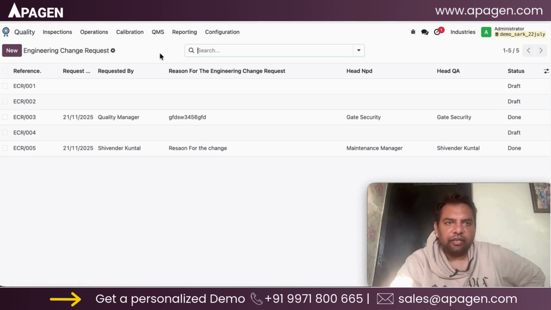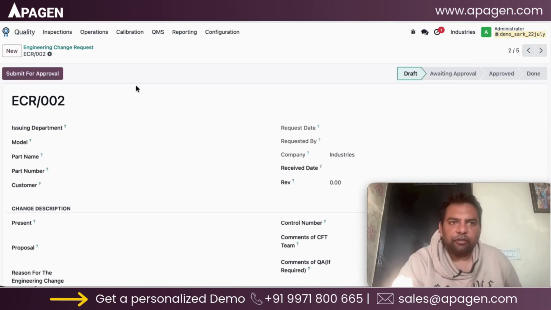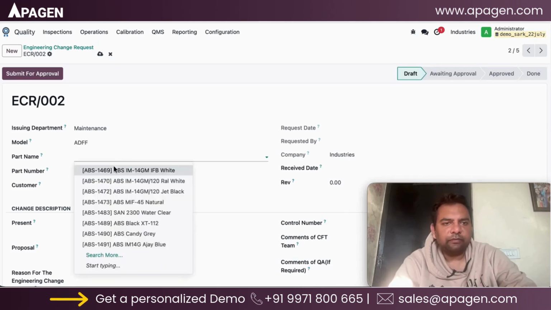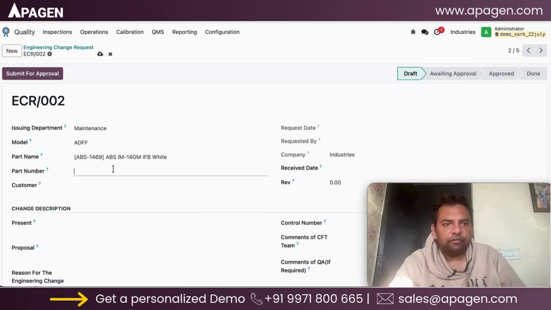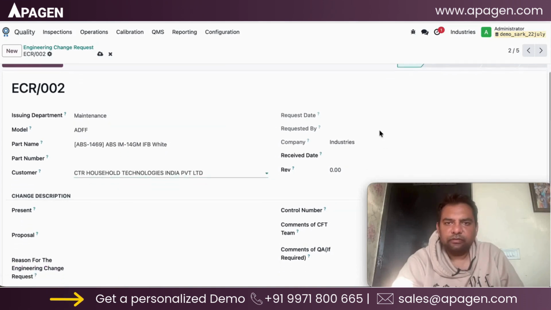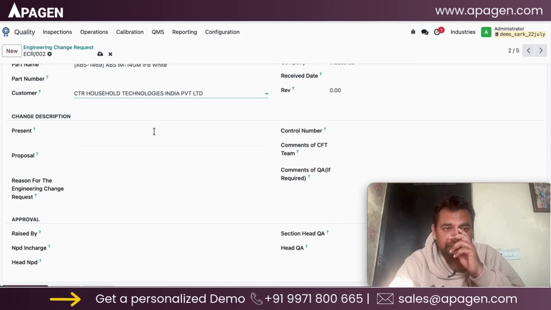We have engineering change request. Engineering change request details are also entered here. Engineering change request details are specific to departments. You will be able to specify a respective department. You will be able to specify a particular model, a specific part name, a specific customer. You have the information about the change,